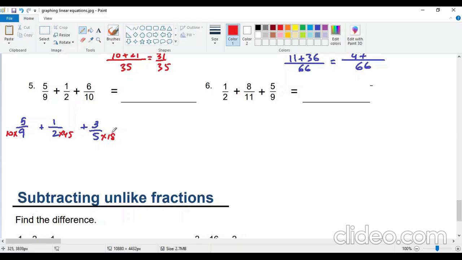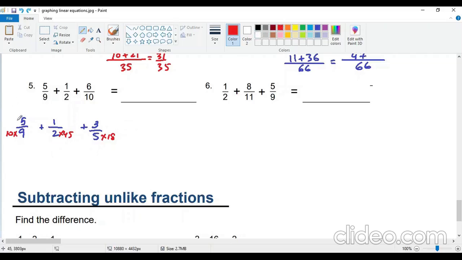You must be wondering, where did I get these numbers? Now look at this carefully. Just don't look at 9, look at 2 and 5. So 2 times 5 is a 10. I'm writing a 10 here. Now why am I writing this 45 here? 9 times 5 is a 45. And how can I get this 18? Don't look at 5, look at 9 and 2. 9 times 2 is a 18. That's why I'm writing 18 here. Get it? And proceeding further,